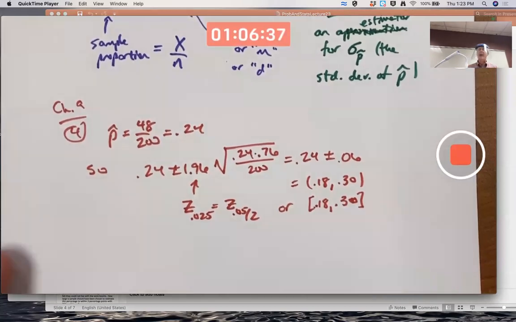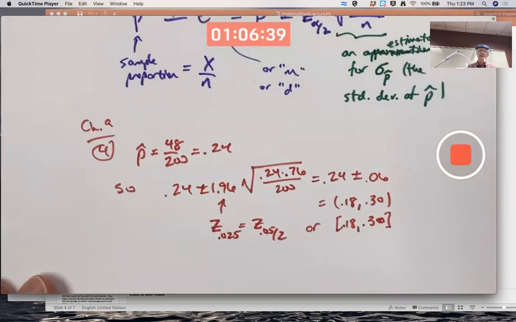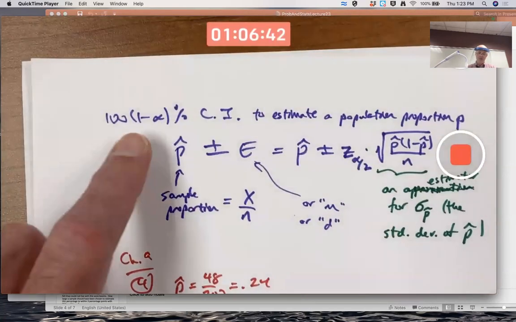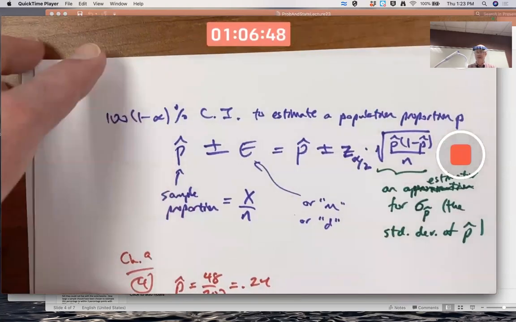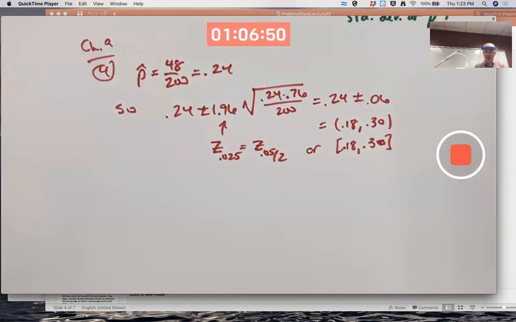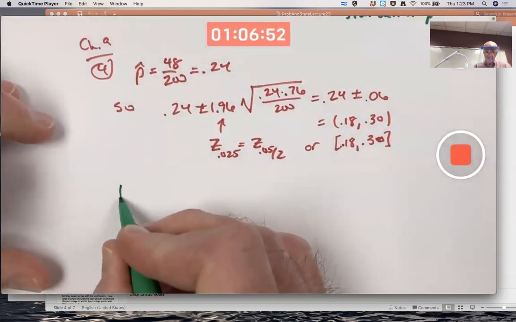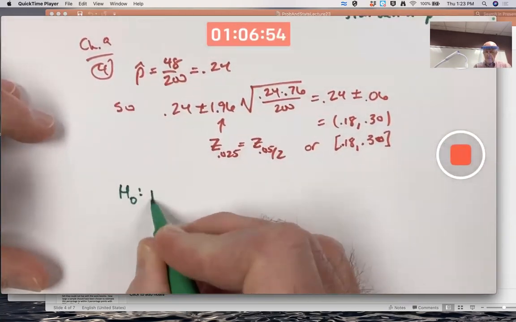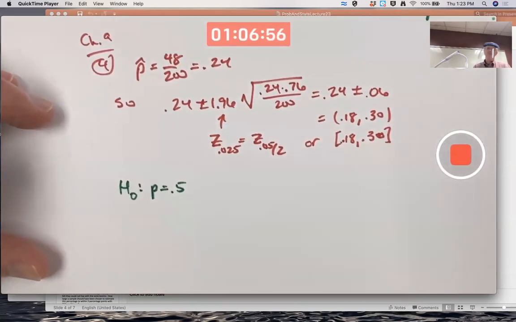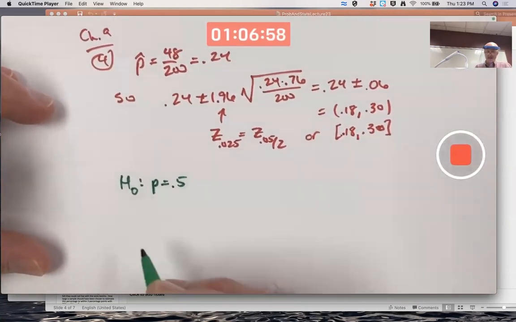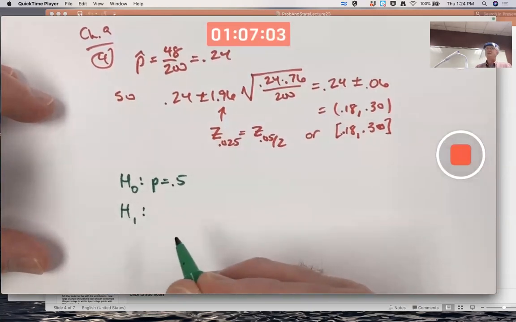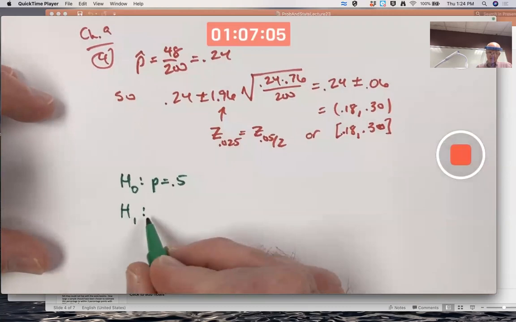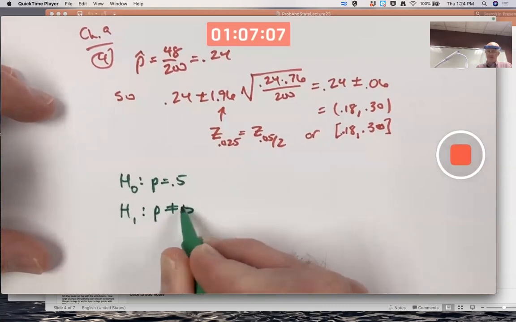Though to be truly accurate in terms of relating it to the alpha here, it technically needs to be a two-tailed test. If I was doing a hypothesis test that the null is 0.5, the majority is that it's bigger than 0.5. But if I was just testing to see if p is 0.5 or not, a two-tailed test,